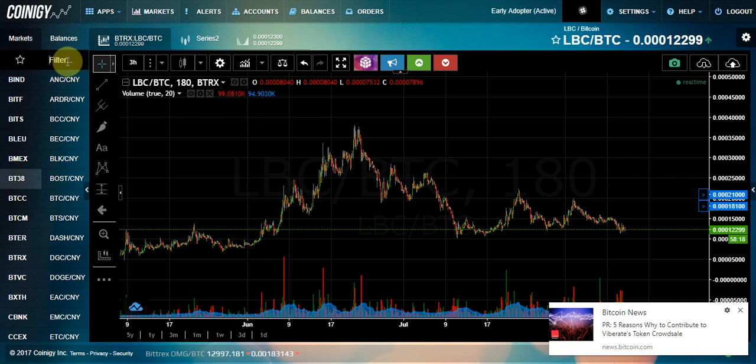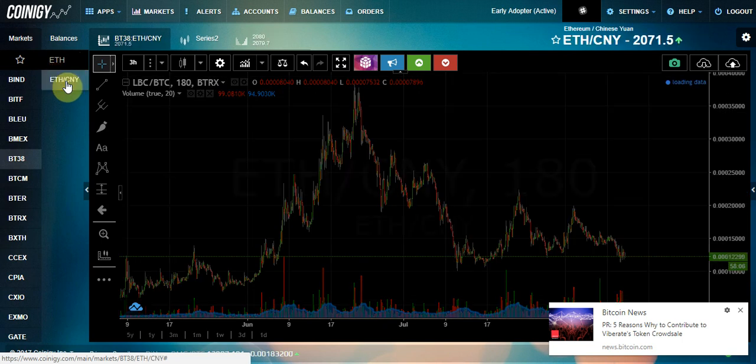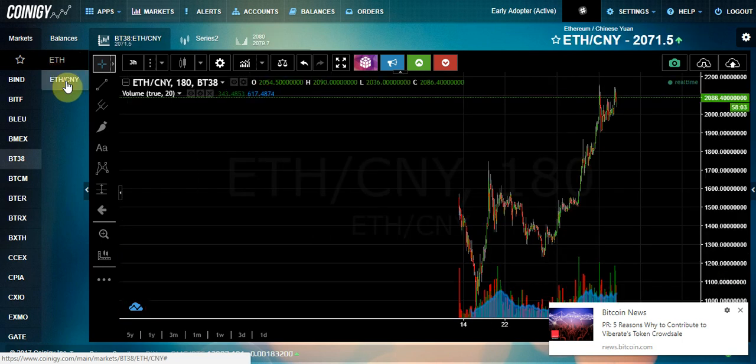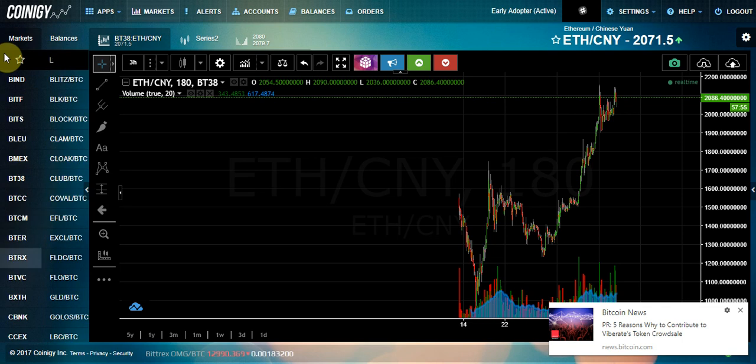If you click the filter box, you can then search for a cryptocurrency by the acronym. Say, for example, I wanted to search for Ethereum, I would type in ETH, that's the acronym for Ethereum. Simply select it and it pulls up the chart straight away. Now I can do that for all the different markets. I'm going to use the Bittrex market to go back to a familiar chart